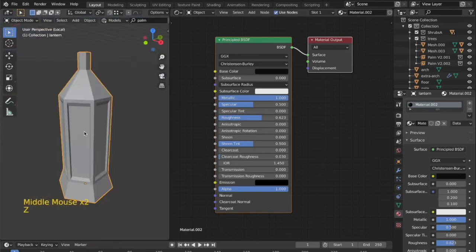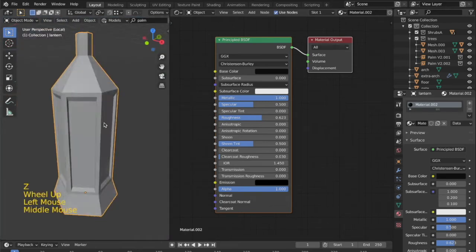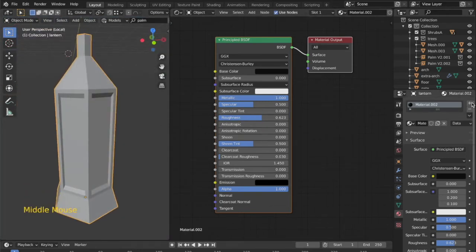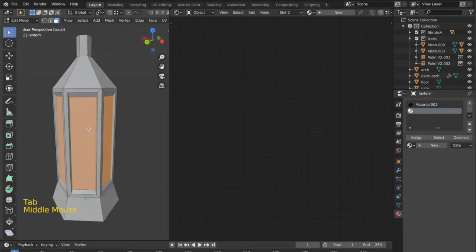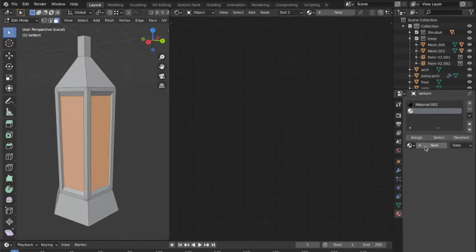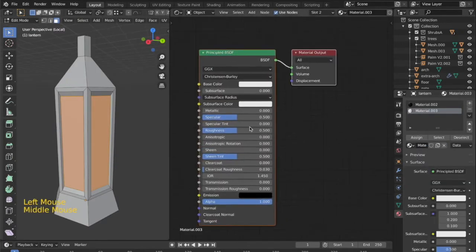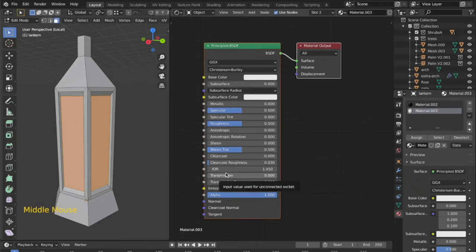Now within this thing, as these faces of the lamp will be transparent, what we can do is add a new material slot, go into the edit menu. Now we have already selected this when we modeled it, and now when I put a new material over here, currently you will only see black because we haven't assigned it. So you first need to assign it.